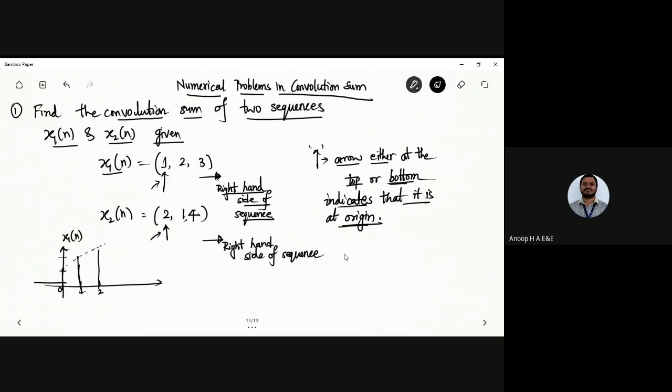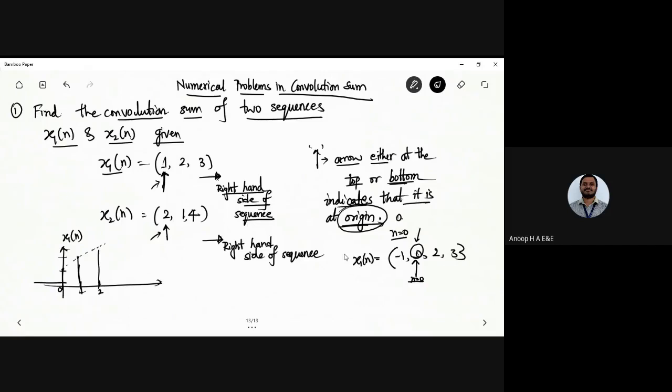Okay, so this arrow mark, in case of a discrete signal, I repeat, certainly indicates the origin, or certainly at 0. At n is equal to 0, you are going to have the magnitude of x1 of n. So for example, you might get a discrete time sequence like this, where you will get 0, 2, and 3. At n is equal to 0, whatever arrow mark indicates, you have the magnitude that is associated with it.